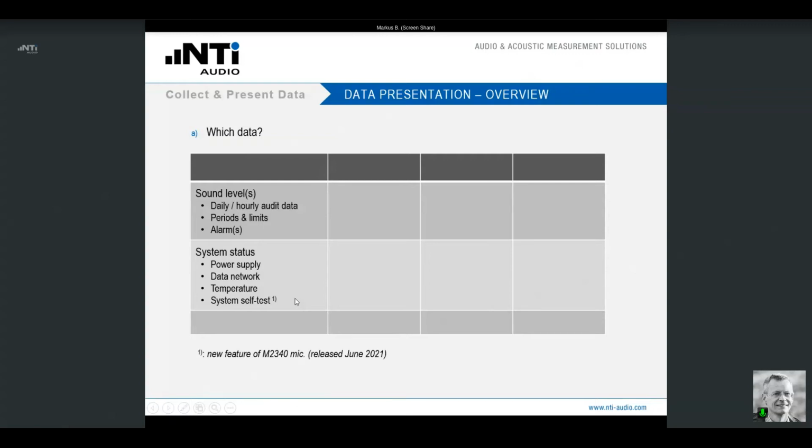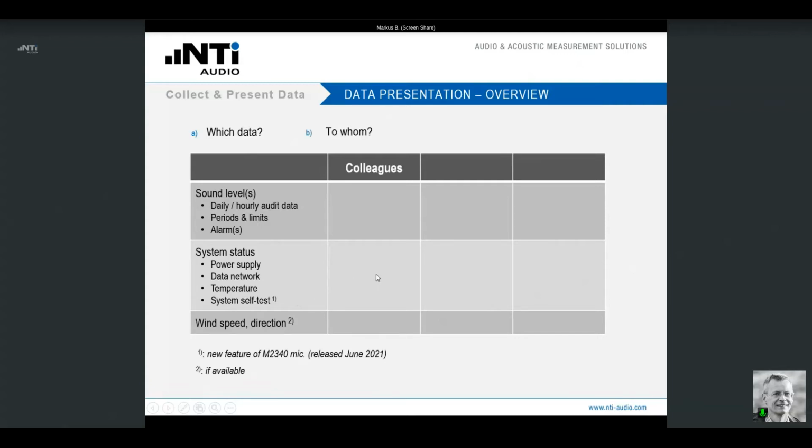I will come back to that feature just in a minute. And the third package of data that is provided, if you have a weather station connected to your noise monitor, you can, of course, also publish or present the wind speed and direction, which can have an impact on the measured sound level.